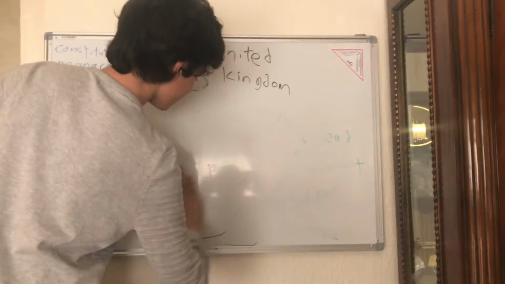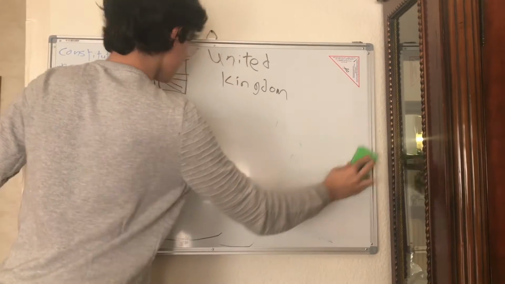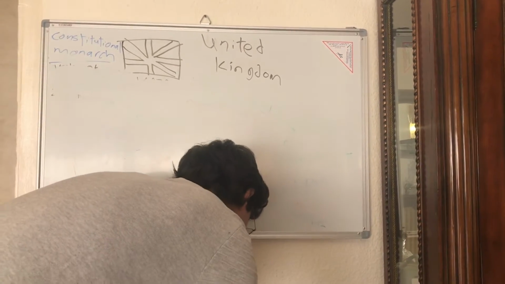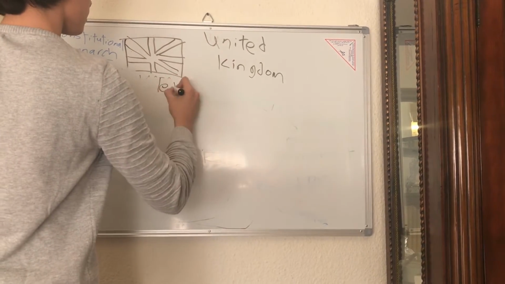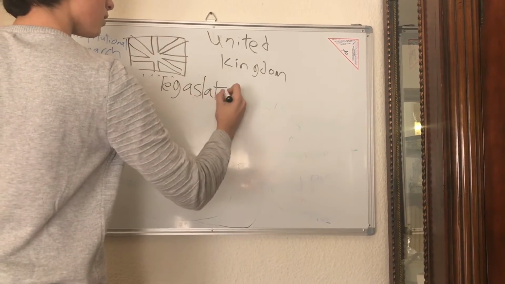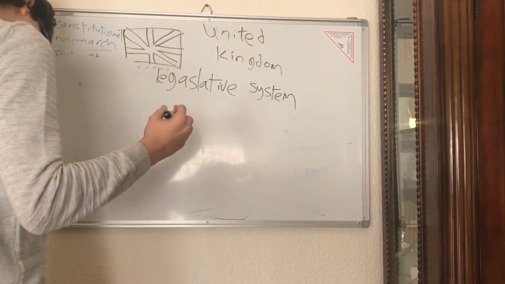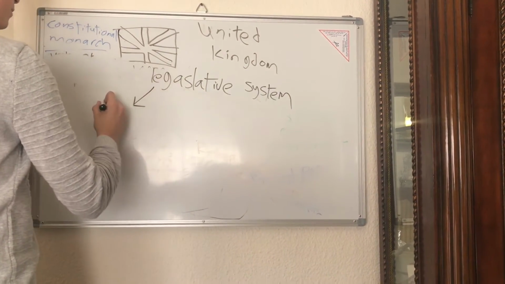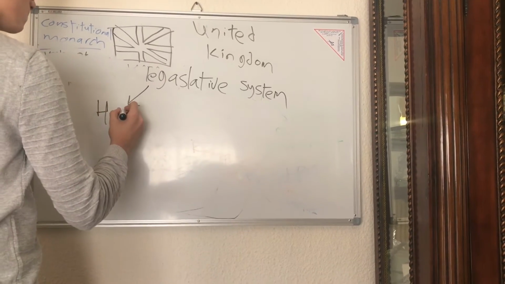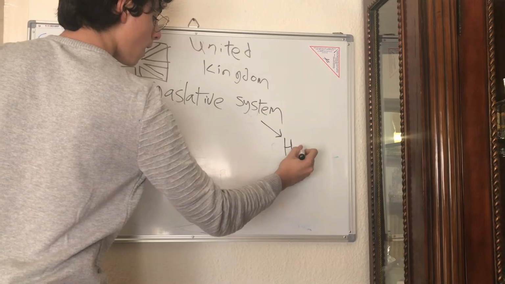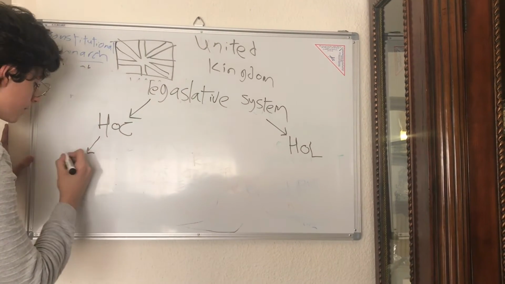Now we will be talking about the second topic that we're going to cover in this video, which is the United Kingdom's legislative branch. Like all countries, the UK has a legislative system that is also split up into two parts. The lower house, which is the House of Commons, and the upper house, which is the House of Lords, abbreviated